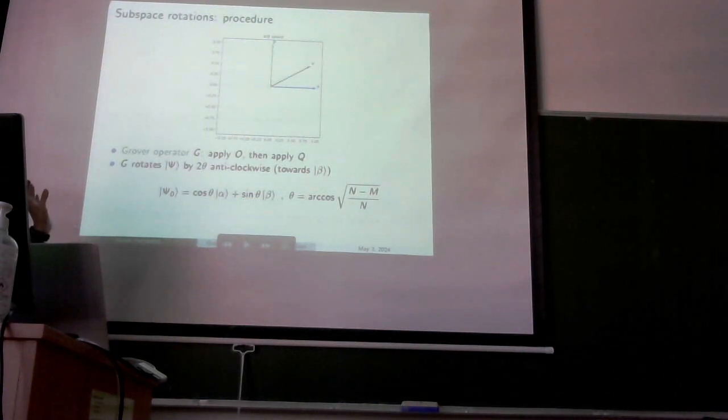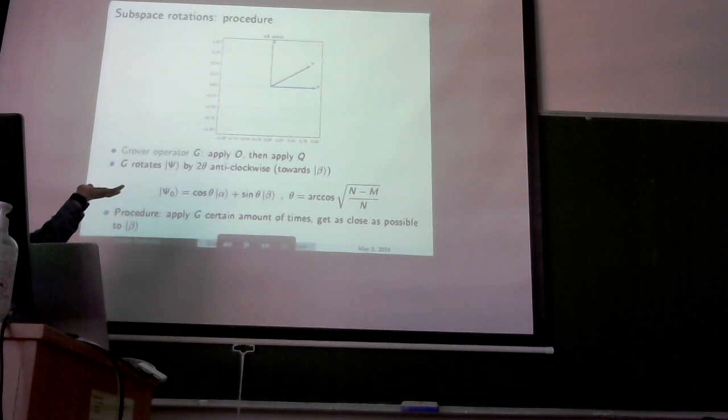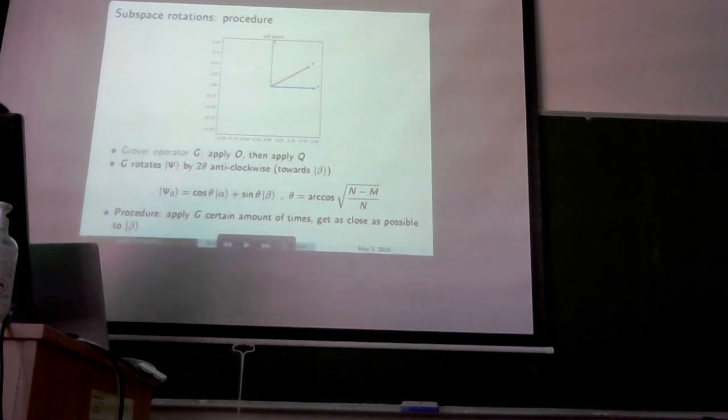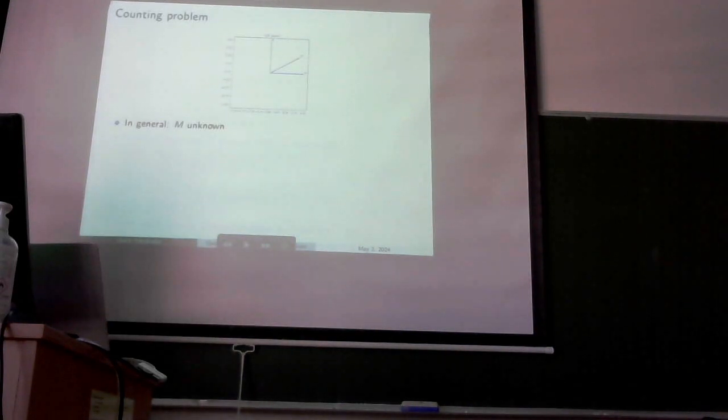However, you might notice that to calculate or to know this angle, it depends on both n and m. First of all, by this technique of rotating a fixed amount of degrees for any vector, we get the possibility to rotate and get as close to beta. But to know theta, we will need both n and m. However, in general, m might be an unknown variable. Sometimes we could know the number of target states without knowing which of them are target states, but in general, we might not know it.